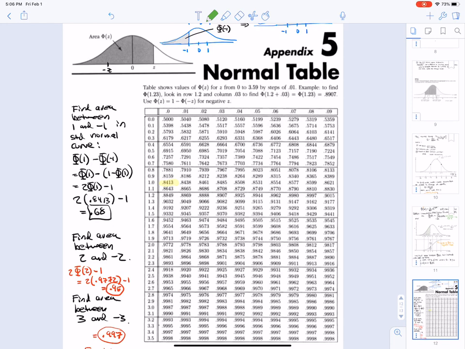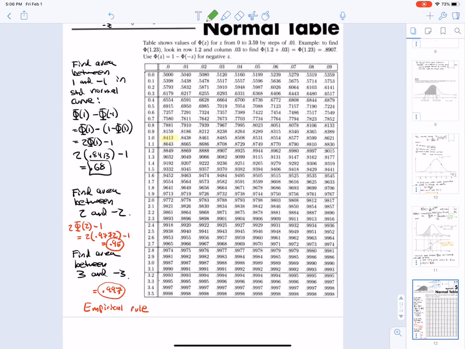To find phi of 1, you find 1.0, and then the second decimal is at the top column here. That gives me 0.8413. So 2 times 0.8413 minus 1 is 0.68. So 68% of your data is between minus 1 and 1. Similarly, check that 95%